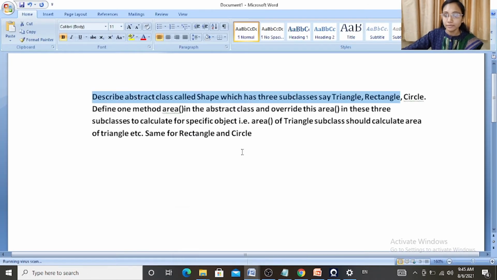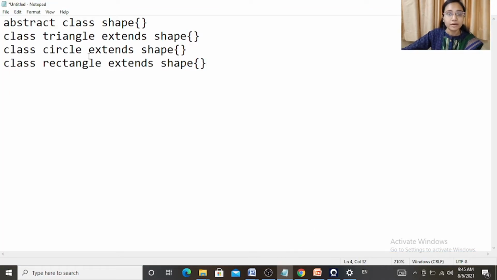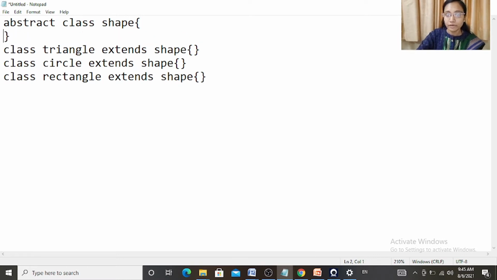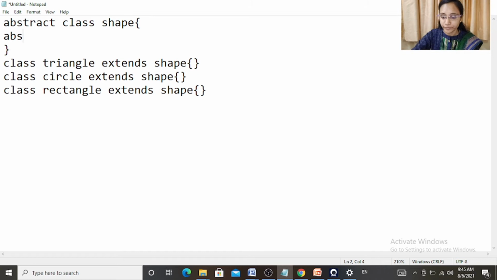Now second is define one method area in the abstract class and override this method in all the three subclasses. So let's define an abstract method in the abstract class. So here I will write abstract void area.